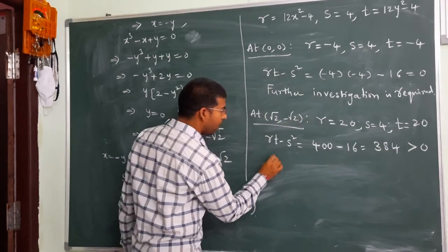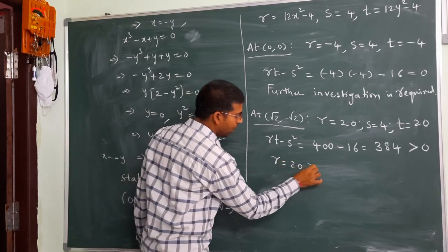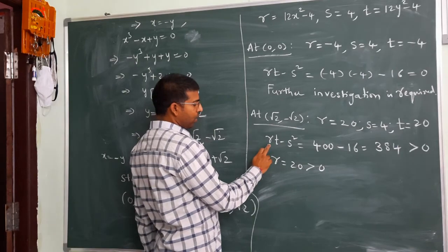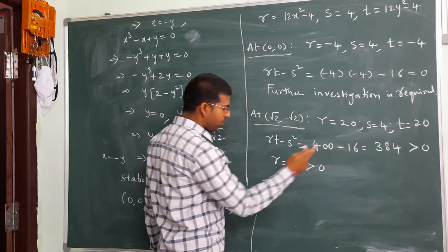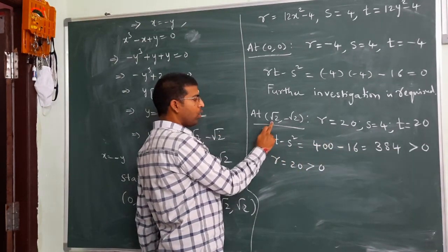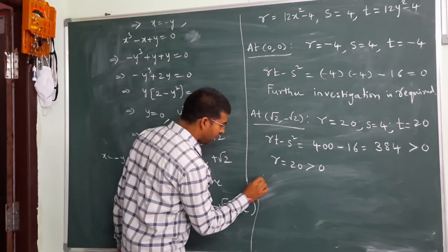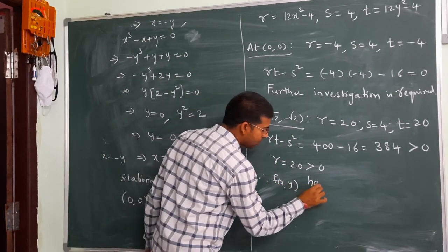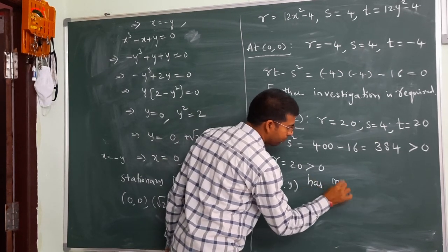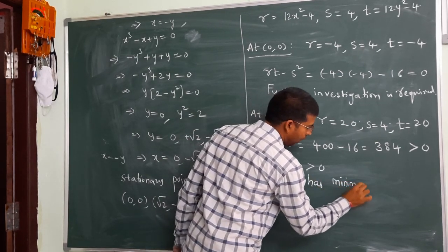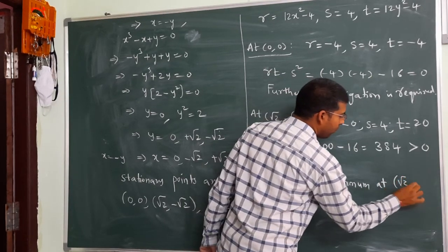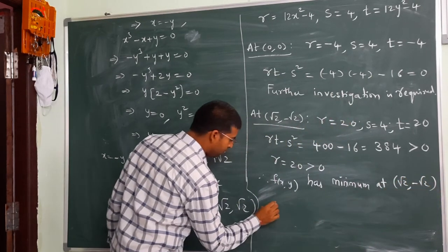And what about the R value? Which is 20, again it is also positive. So, from the working rule what can we say? RT minus S square is positive and R is positive at root 2 and minus root 2. Therefore, what can I conclude? F of x comma y has a minimum at root 2 comma minus root 2, and the minimum value is,